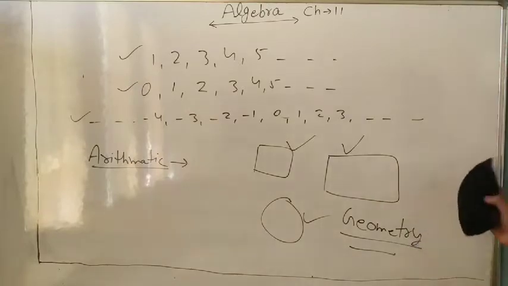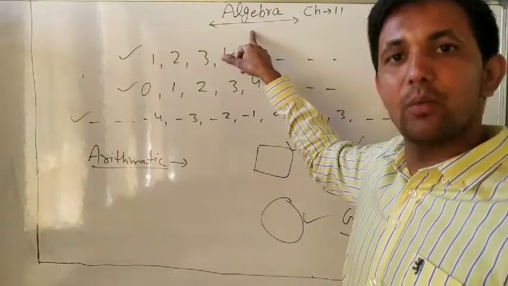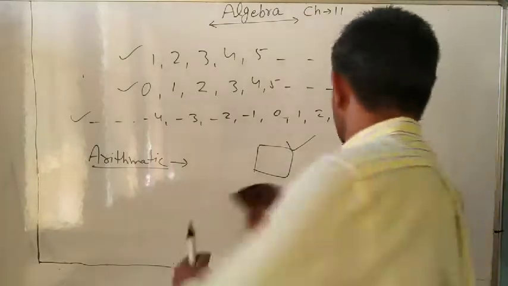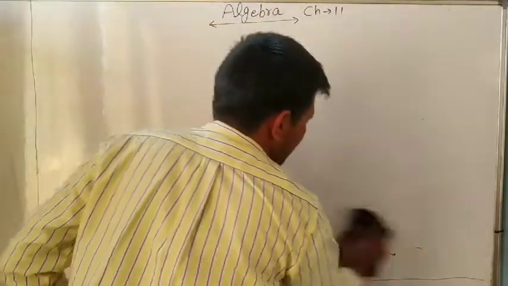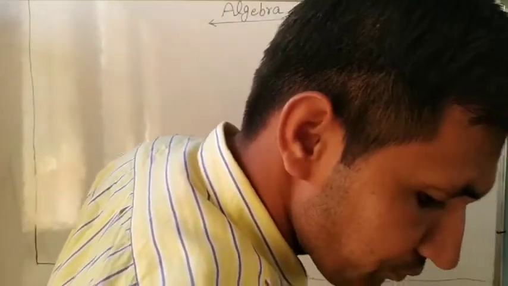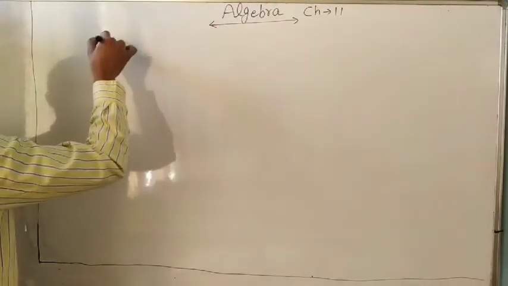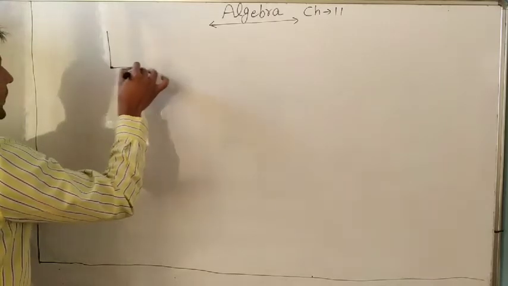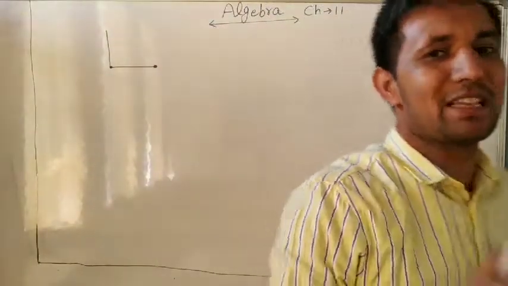Same as that, one more branch of mathematics is algebra. What is algebra? I will tell you later what algebra is. First look at this, now we will start our chapter on algebra. Tell me, if you want to make some pattern, suppose it is an L, and we are making this L using matchsticks.